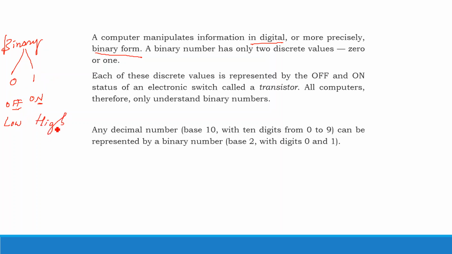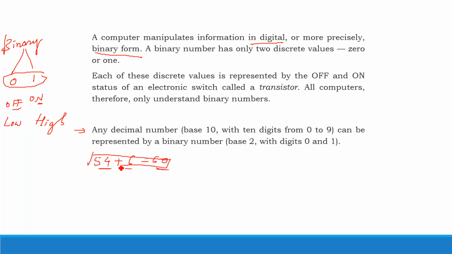Any input given to any digital system will be treated in the form of binary, or if you give it in another form, it will convert that into binary and understand it. This is how a digital system works. An example is given right here. Any decimal number, base 10. Say for example, if I give 54 as an input to the computer, and I add this to 6, which gives 60.